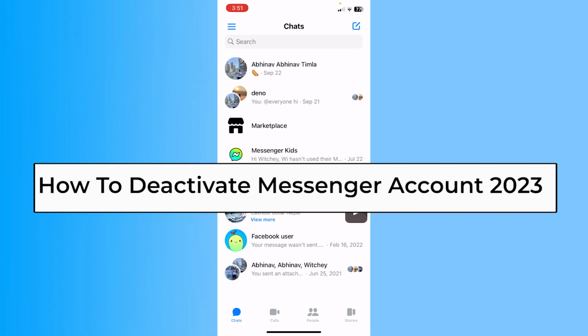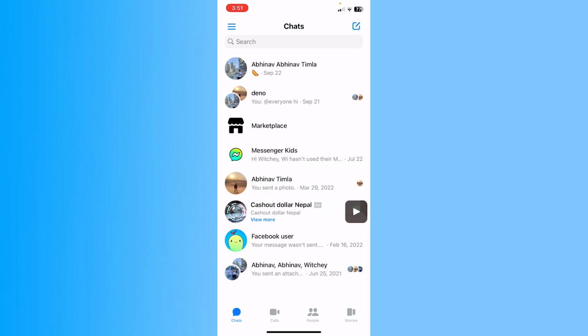Today I'll teach you guys how you can deactivate your Messenger account. But you need to remember you cannot just deactivate Messenger. Your Messenger is going to be linked with your Facebook, so your Facebook is also going to be deactivated along with your Messenger. So follow the steps, which is click on the three lines at the top left of your